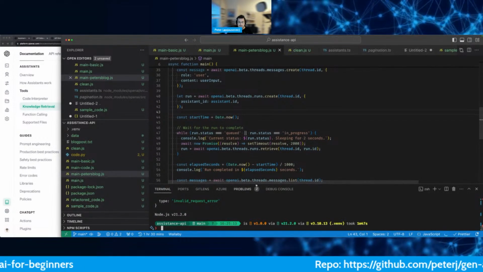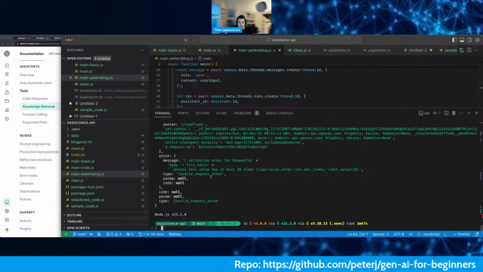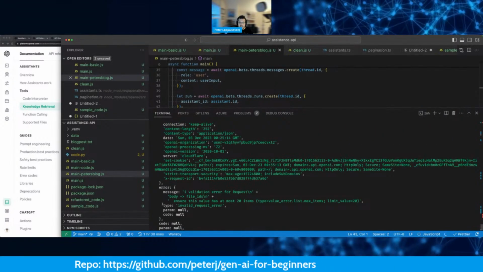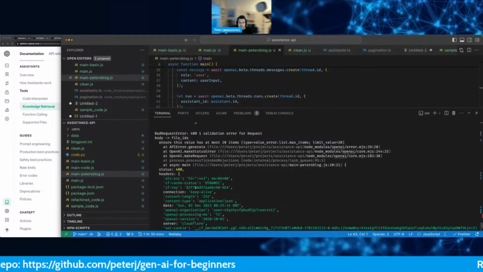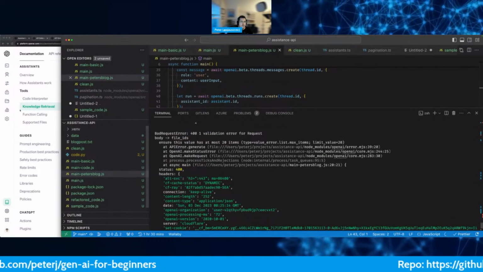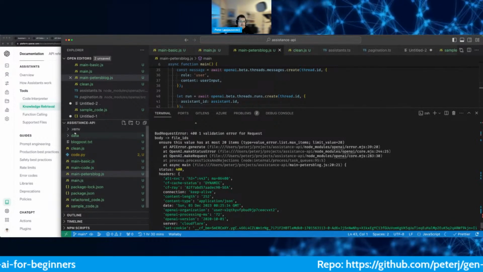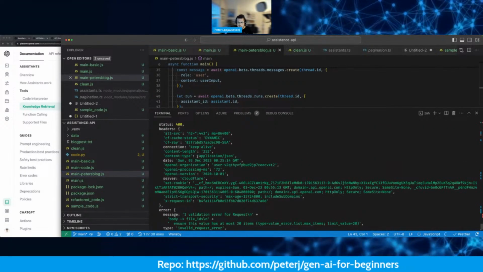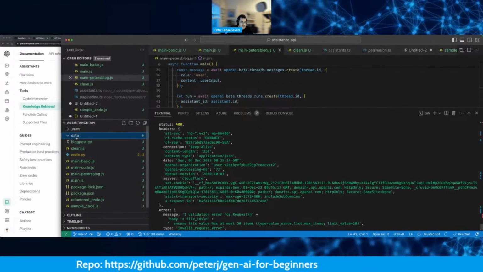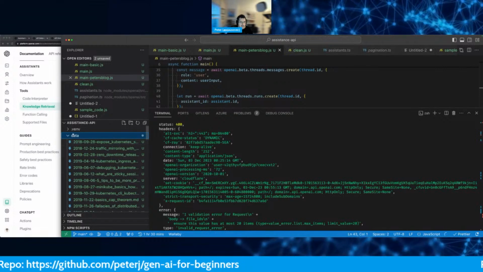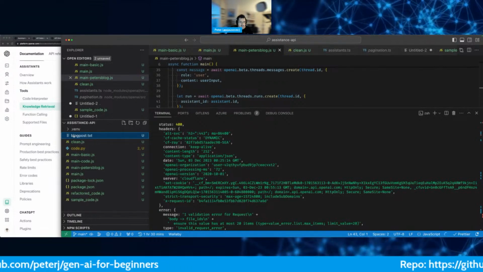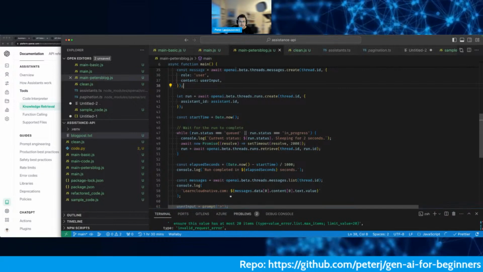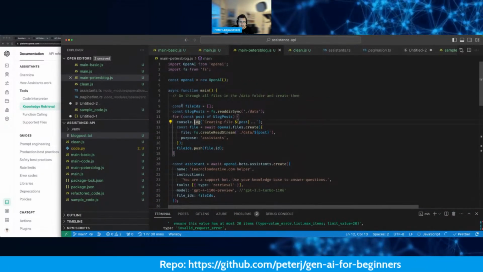Oh, invalid request. Why did it fail? What? Oh, there's only 20 files that you can do? Oh, okay. Well, that's, can I get the, yeah, okay, so let's do this. I'll delete the data from here. Since we already uploaded this one, what I can do is